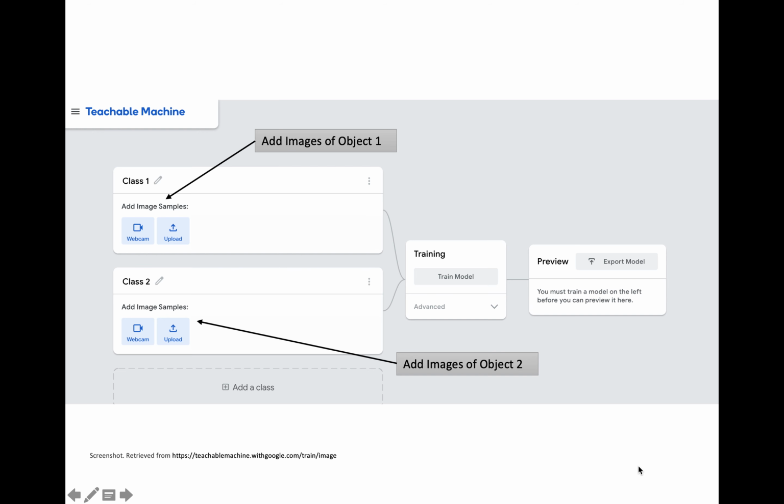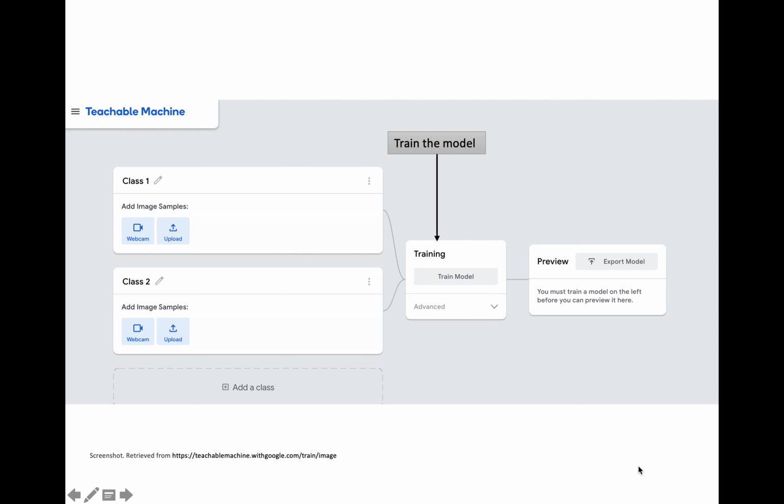First of all, we need to add images for both the objects. For this, we can either open the webcam and take random images or upload the images from our device. As at present, we don't have images on the device, we can open the webcam and first take images of a pen under object 1 and mention its class as pen. Later, we have to add images of object 2, which is a glass, and identify its class as glass. Now we train our model. The steps for the entire process are mentioned on the screen, which was shown before. You can go back and check it for your assistance.